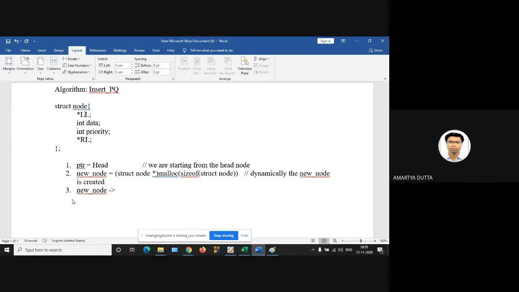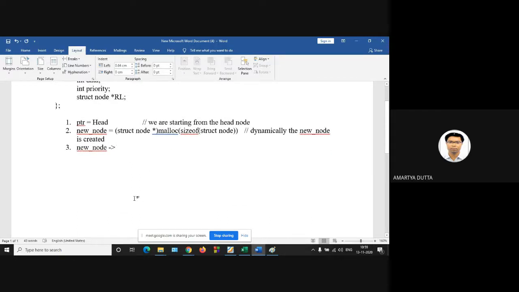Left link and right link are of type struct node star. So this is the node structure for priority queue.